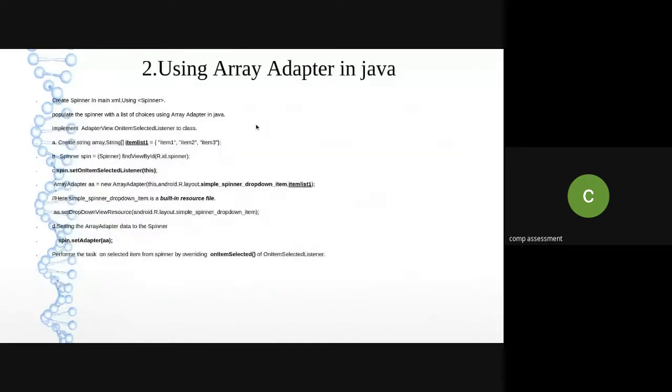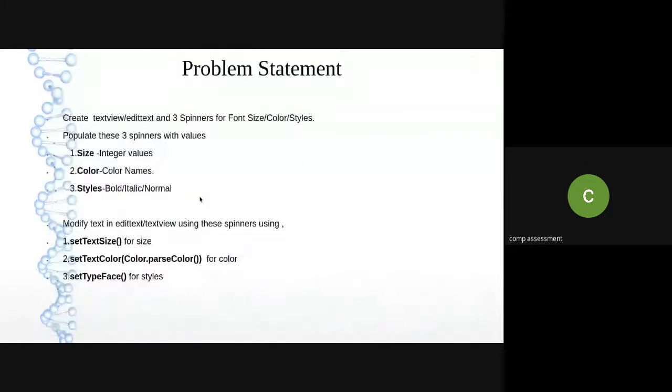Now, after adding the values to the spinner, how will you use this spinner for the actual assignment? As I mentioned, by doing the formatting, we have seen that we can give different effects like size, color, style, then font style like Times New Roman, sans serif, comic.